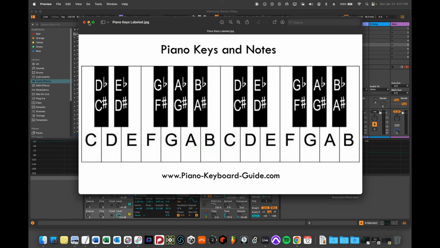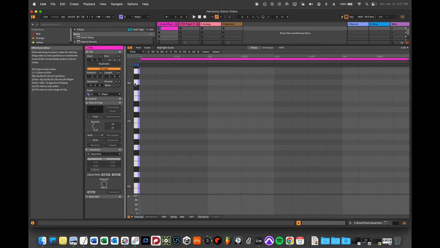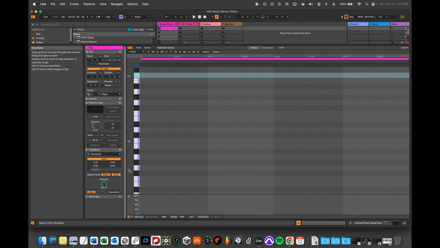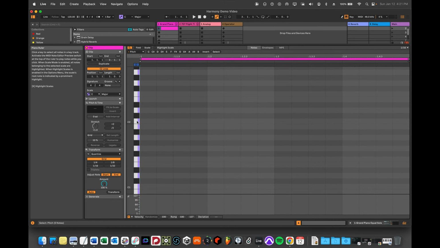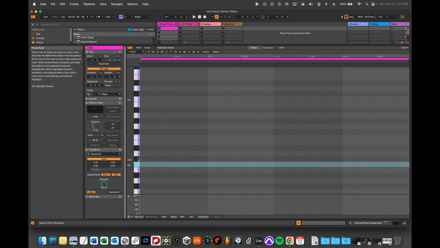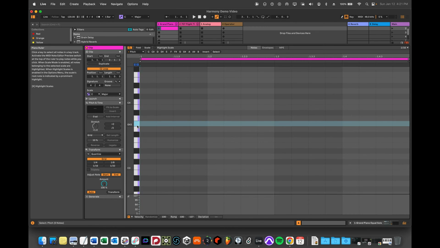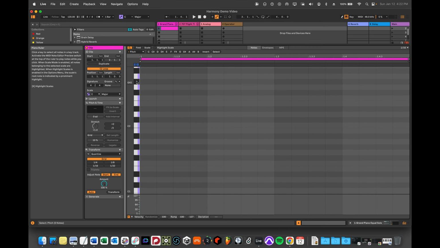Now, if we look at the MIDI editor in Ableton here, we can see this. There's the keyboard along the side there, and we are going to take a deeper look at this in another video. But here is the note C, and that's C3. Here's another note, C, and it's C2. C3 and C2 are an octave apart. And so there's C4 and C5, and there's octaves for every note. For instance, here's G sharp 3, and let's go down here, and this is G sharp 2.